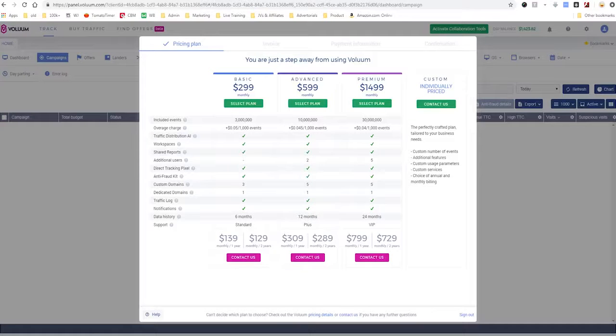So Volume is not a cheap software. As you see here, it ranges from $300 a month to $1,500 a month. So it's definitely not cheap, and it's not software I recommend you invest in if you are new to performance advertising or direct response marketing, affiliate marketing, whatever you want to call it. This is more of an advanced solution. Once you are profitably making consistent amounts of money in marketing, this is a great tool to use to grow